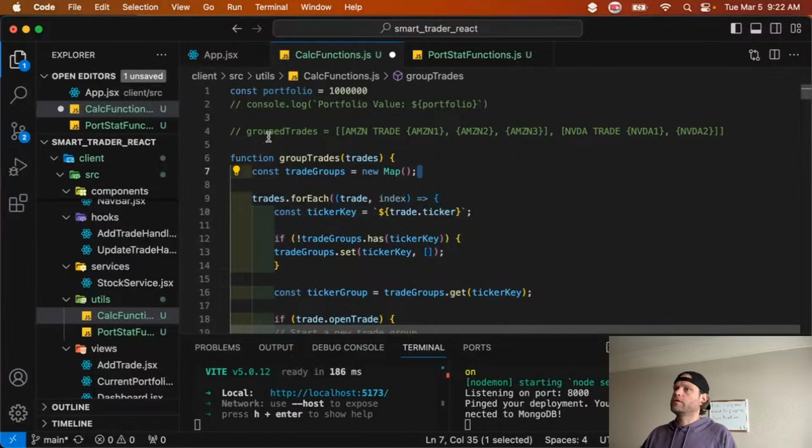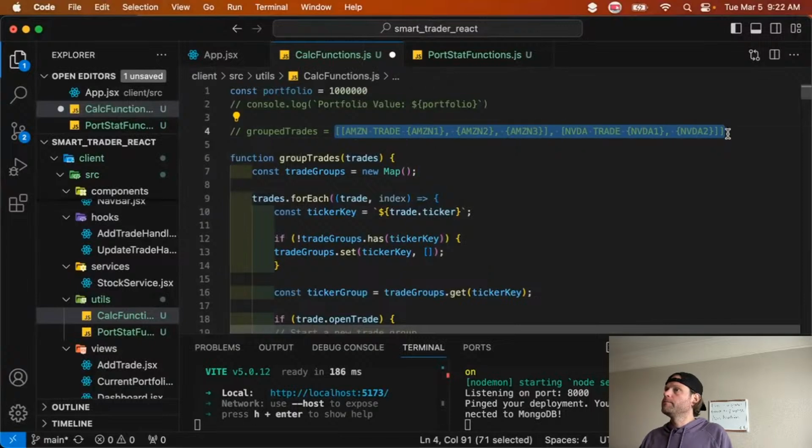Okay, so what we have here is the grouped trade. The group trade is one big array, and then that array has arrays in it. And each one of those arrays has objects in it. Okay, so the overall array here is, and actually let me space this out. Maybe this will be easier to see. So here's the big array. That's our group trades. Within that, we then have an array for each big trade, which contains objects, which are